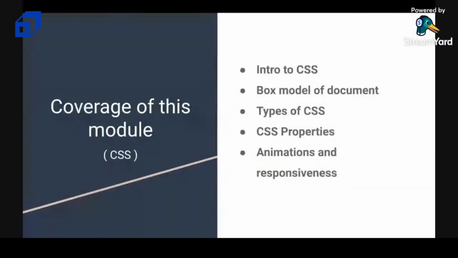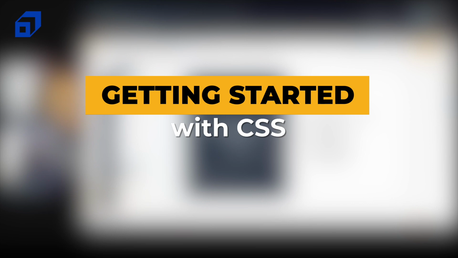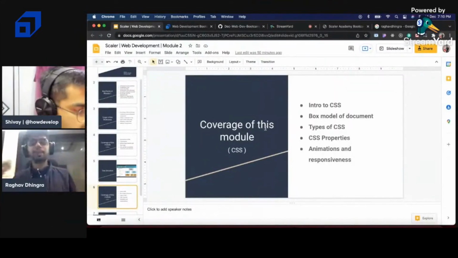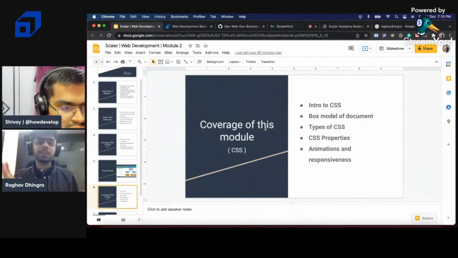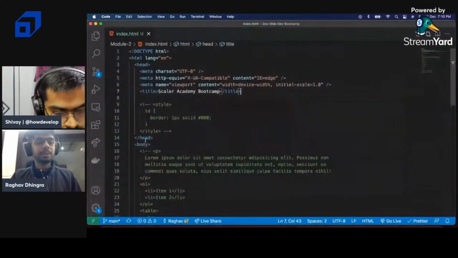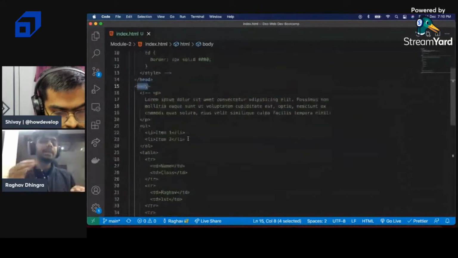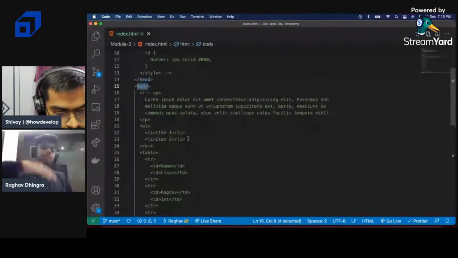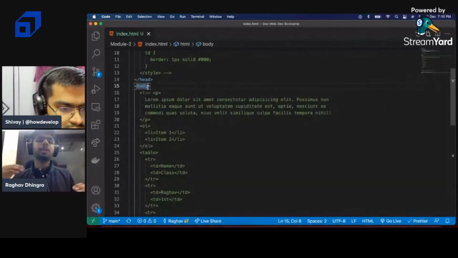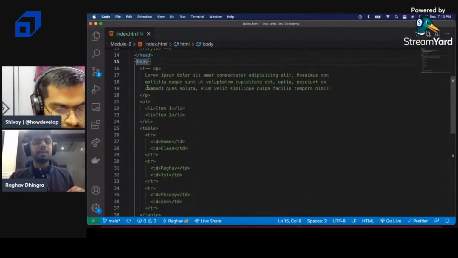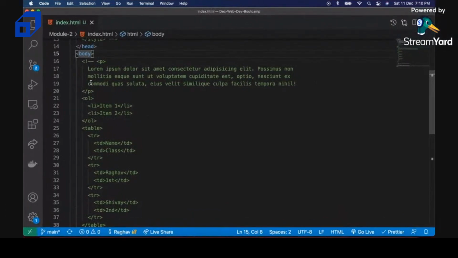Now we are moving to the next session of covering CSS. The introduction to CSS: CSS stands for Cascading Style Sheet. This is the simple definition. Cascading means if I apply styling to a particular element, like this body element, the styling would be applied to the child elements also. If I apply that the font color of the body should be red,